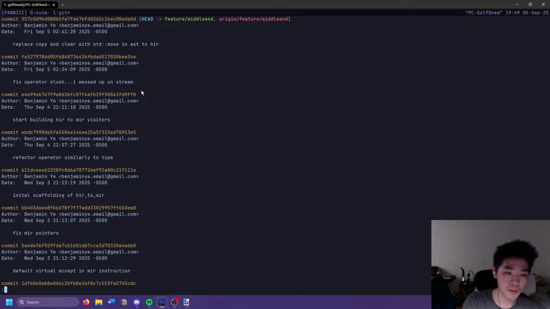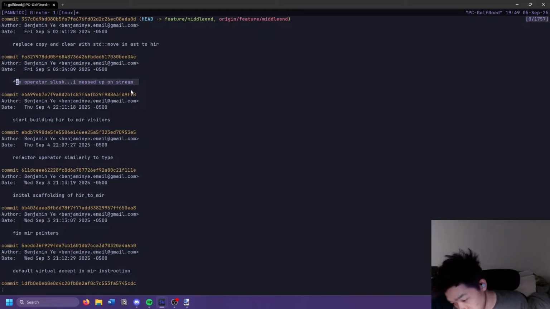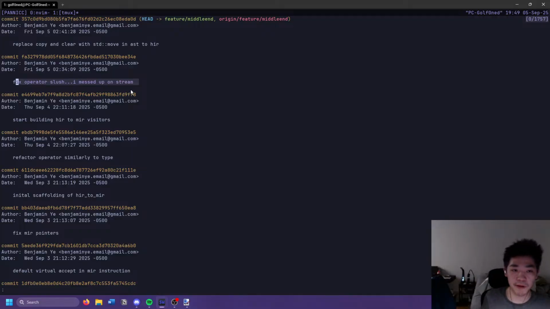The two things I did were I fixed the implementation of operators, or I guess operator overloading, because I put the implementation in the header in the wrong file. So I fixed that, and then